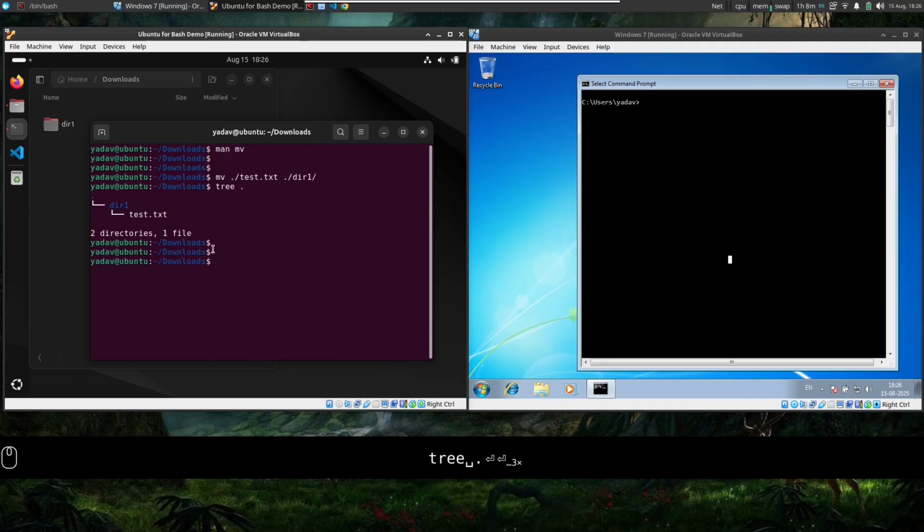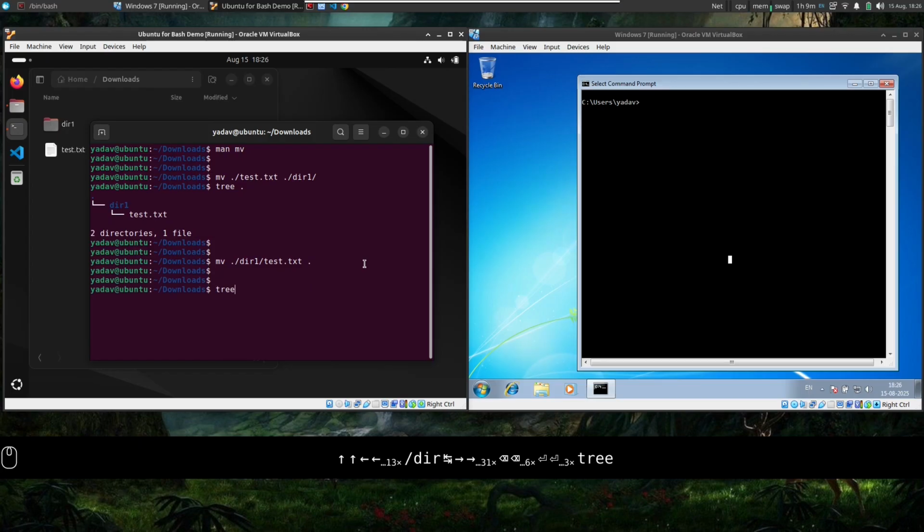If I want to move it back from dir1 to downloads, how can I do that? In my dir1, there is test.txt. Move it to my present working directory, that is just dot. Done.